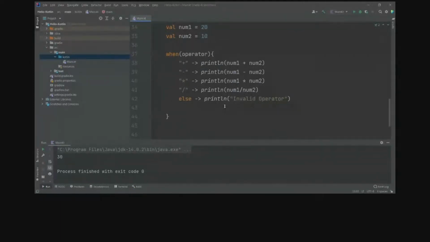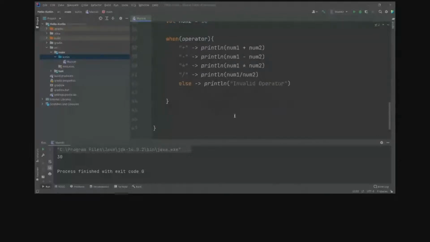So this was a switch, this is the when statement. Okay, so this was the when statement in Kotlin, which is similar to switch case in C++ and Java.